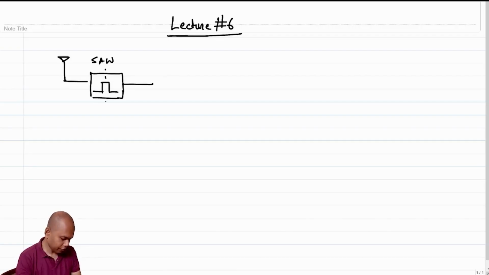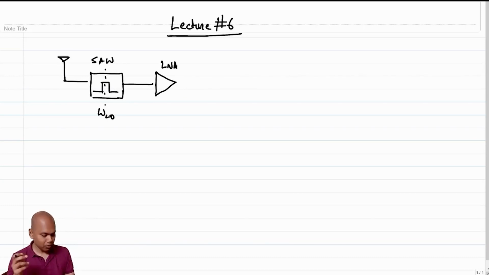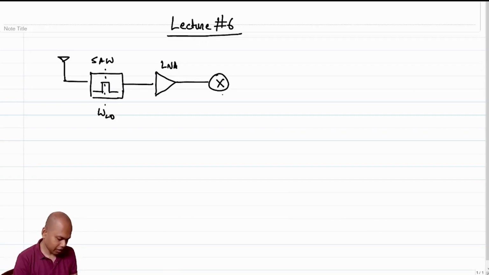The center frequency of the filter was tuned to be the frequency of interest, right? So this was tuned to be around omega LO, and we had a low noise amplifier, basically an amplifier which does not add too much noise. Then we had a mixer, which is essentially a multiplier,